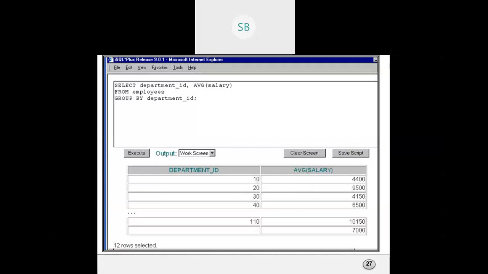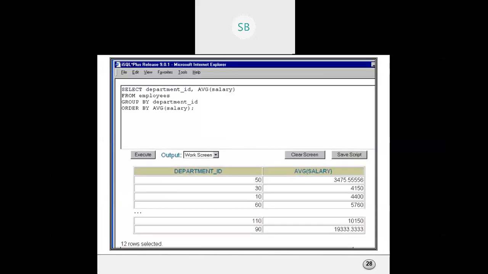Here we are not using the where clause and the order by clause. They are totally optional, but based on the question, you should use them if required.